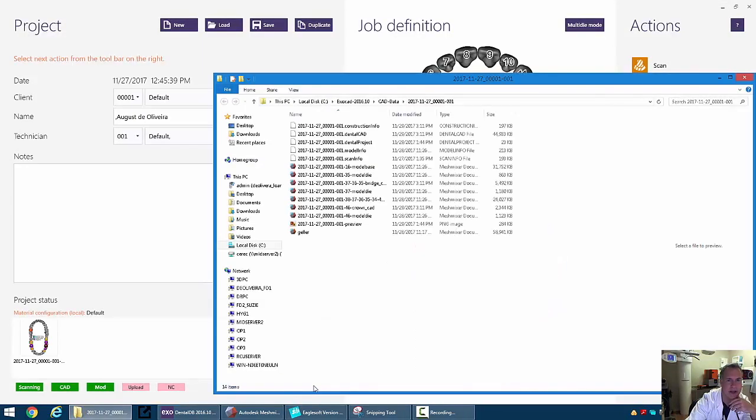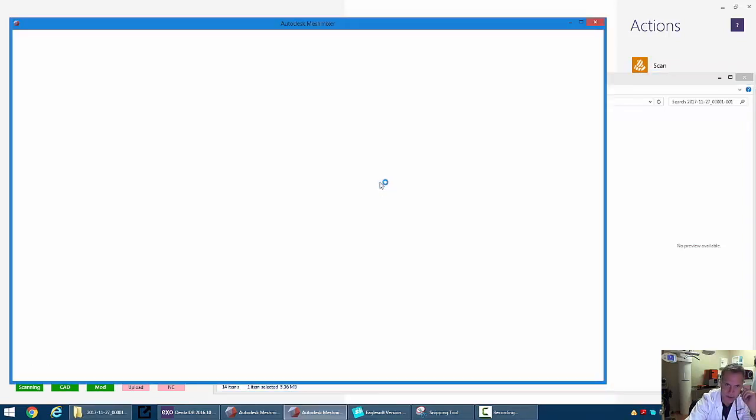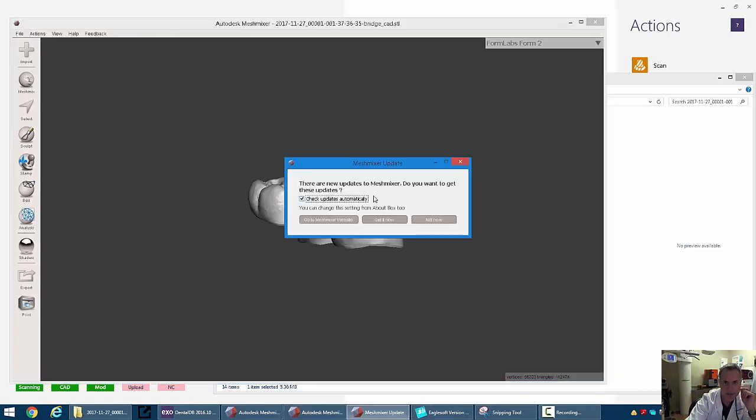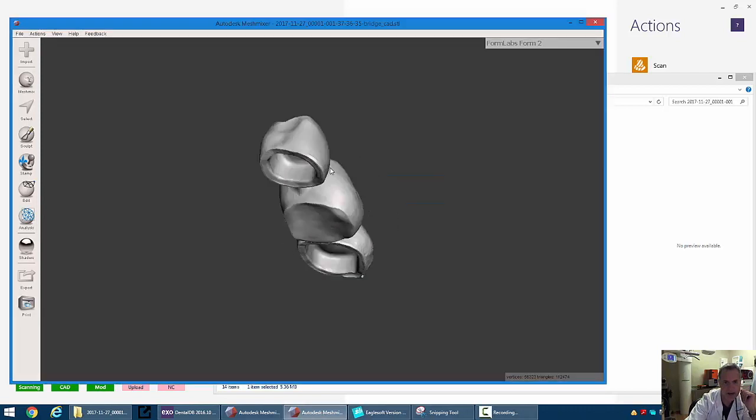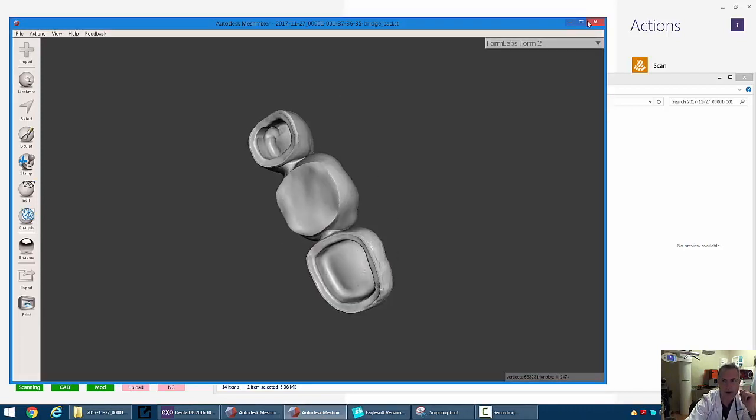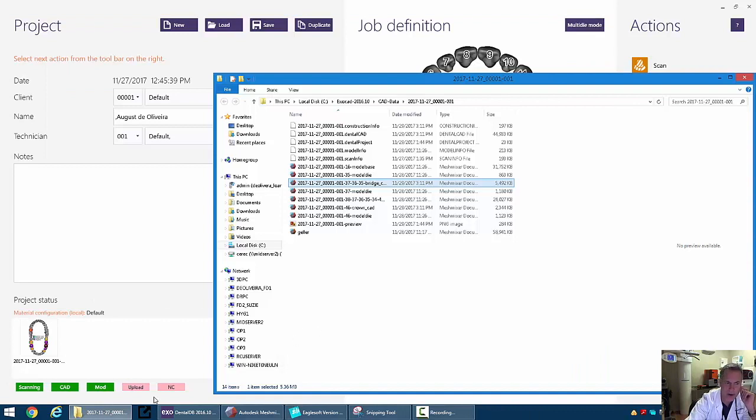And we can now open these teeth, and we have all sorts of different things here. We've got a crown, and we also have another restoration here, a bridge over here. So if we just go ahead and double click on the bridge, it'll pull it up in Mesh Mixer. And you can see now that we do have a temporary bridge. Let's go ahead and open up our